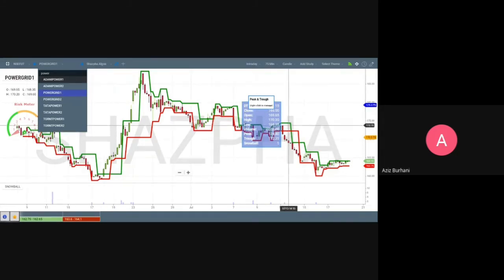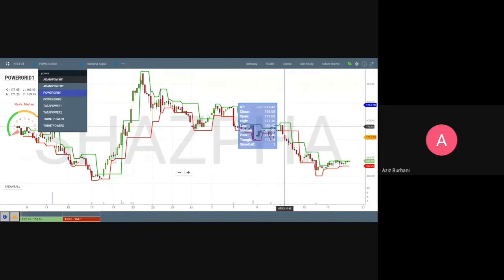If it doesn't happen, this is your stop loss, the distance between the trough and the peak. The peak is 174.40. So your risk is 172 minus 174.5, because you're not selling at the peak, you are just waiting for the peak to break. That difference is 2 rupees 50 paise, or 2 rupees 60 paise to be on the safer side, and that is your stop loss. Multiply that by the lot size, and that is your total risk.